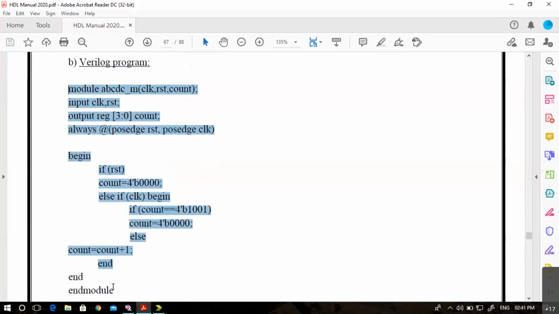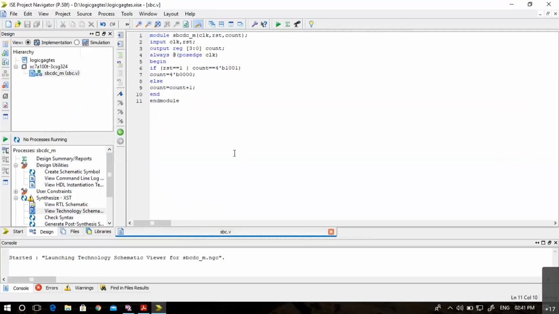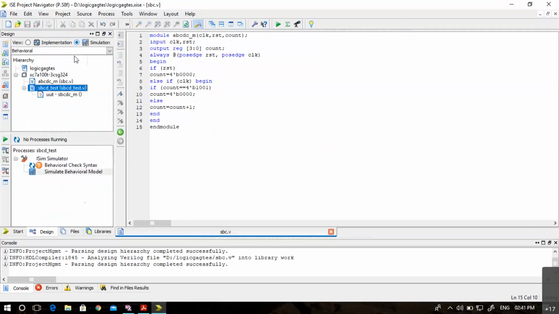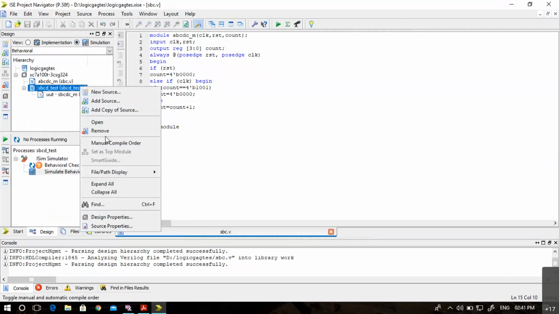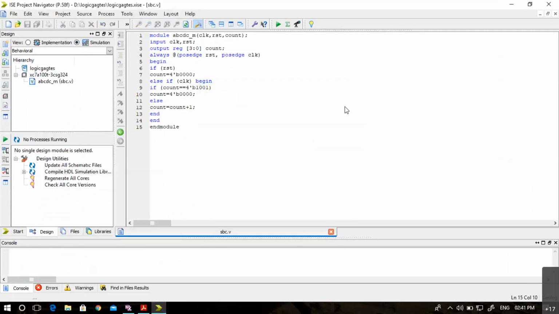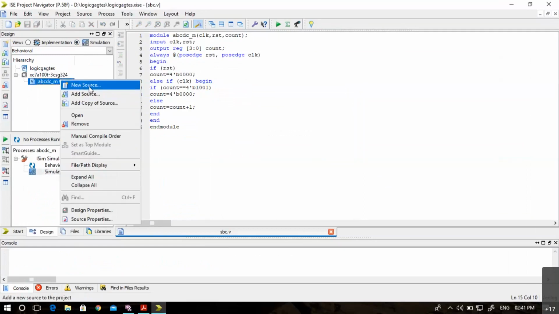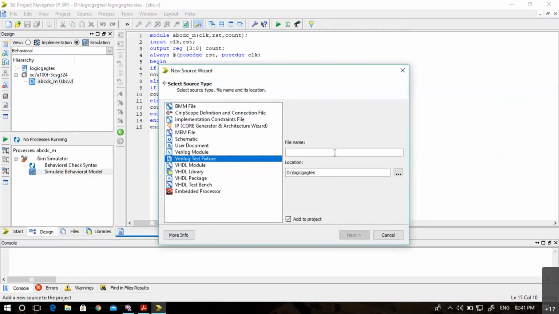Let me copy this code into our simulation window. And let me remove the test bench and create a new test bench.